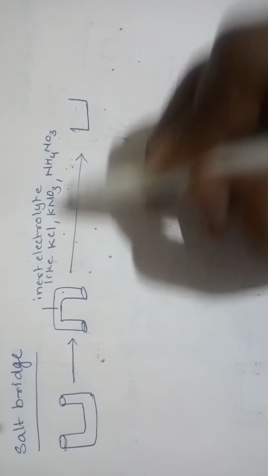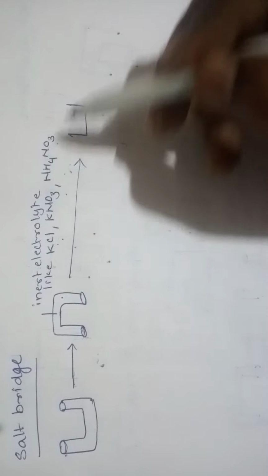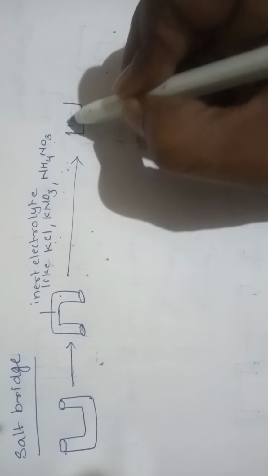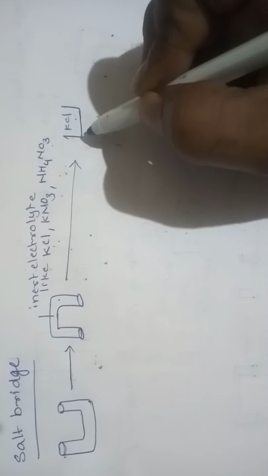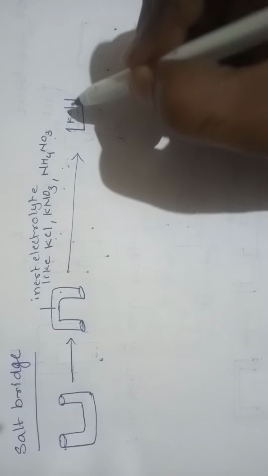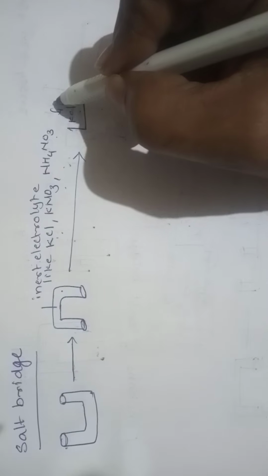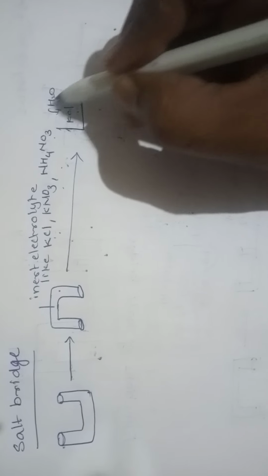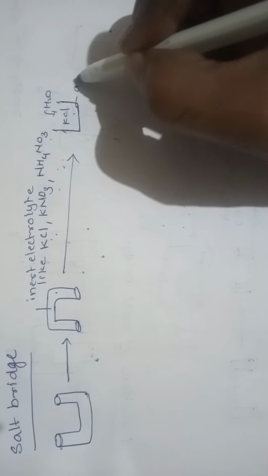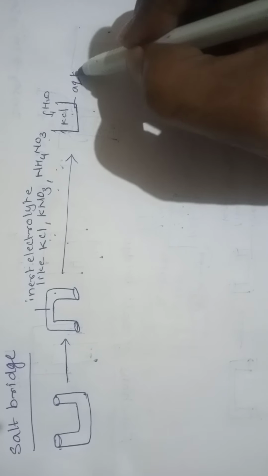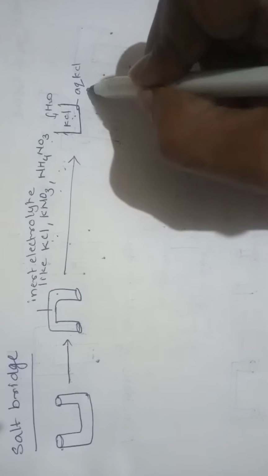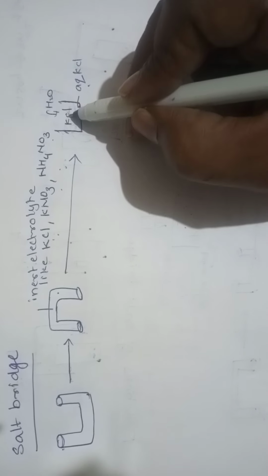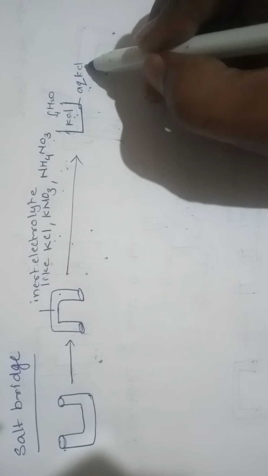To fill this, first you have to take the inert electrolyte in a container. For example, if I am taking potassium chloride, then add some amount of water, so the solution becomes aqueous potassium chloride solution. So this salt you have to dissolve in the water to become aqueous potassium chloride.